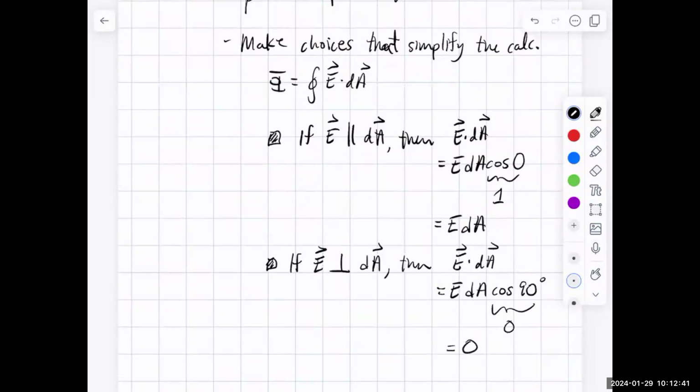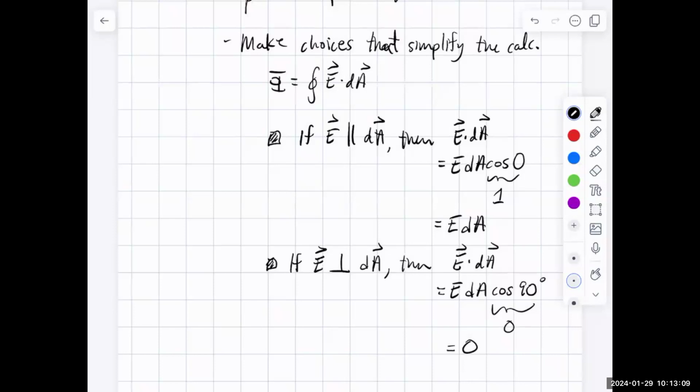And in some ways, that's even a nicer result because then everything just vanishes and we don't have to worry about those cases. Okay, so there's one more thing for us to consider about the selection of our surface and our point charge position. And that is, if I can make my surface or a part of my surface the same distance away from